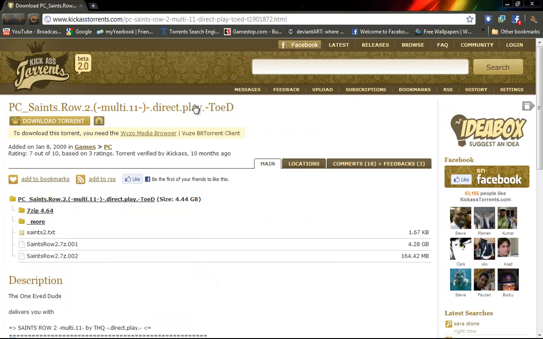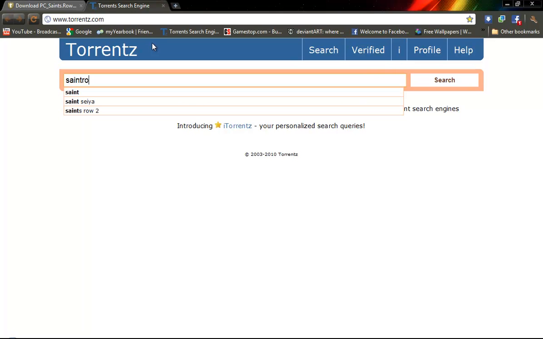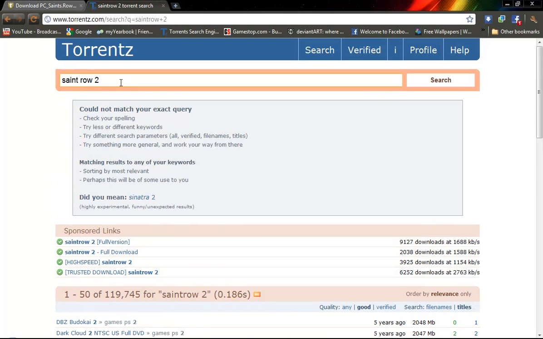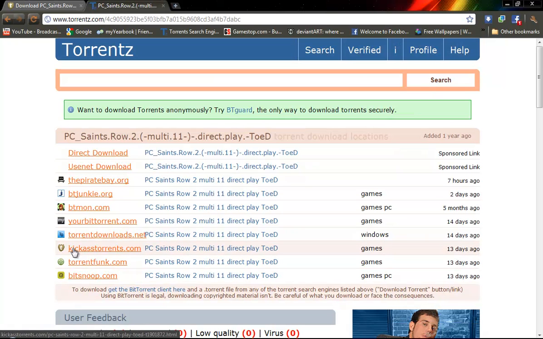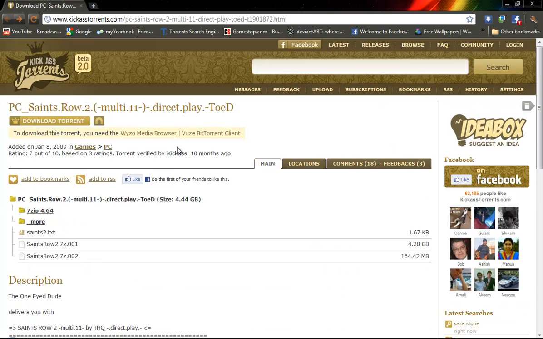So anyways, go to the link in the sidebar, and if I forget to put it in there, just go to torrents.com and type in Saints Row 2. Saints and Row are two different words. Go to the second one that says PC Saints Row 2 Multi 11 Direct Play by Toaded. I always use kick-ass torrents because they are reliable, and they must be kick-ass because it's in their name. Oops. And once you get to this page, download the torrent, and once that's done,